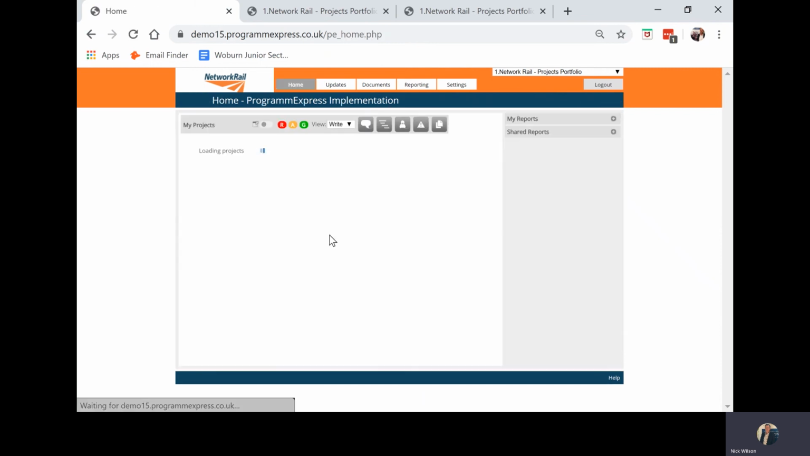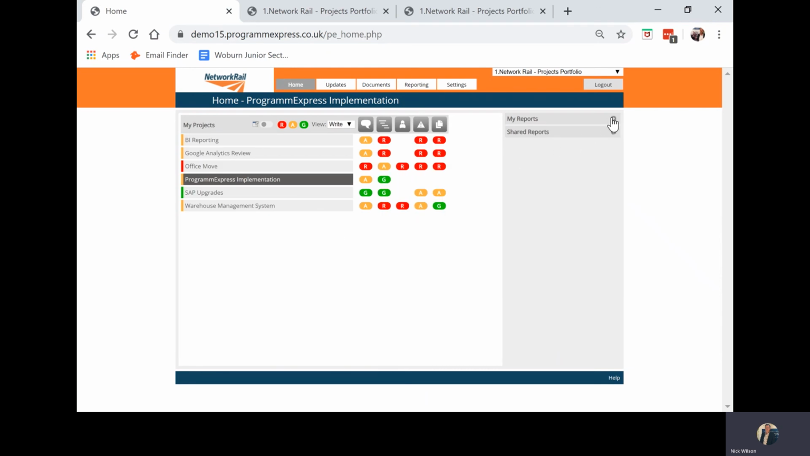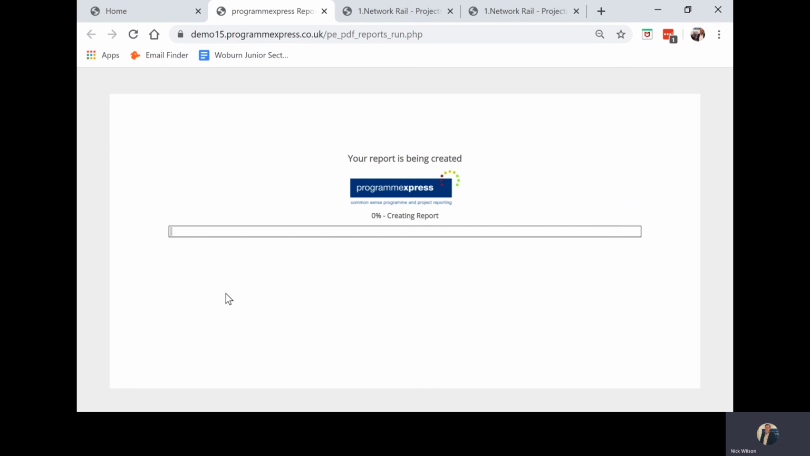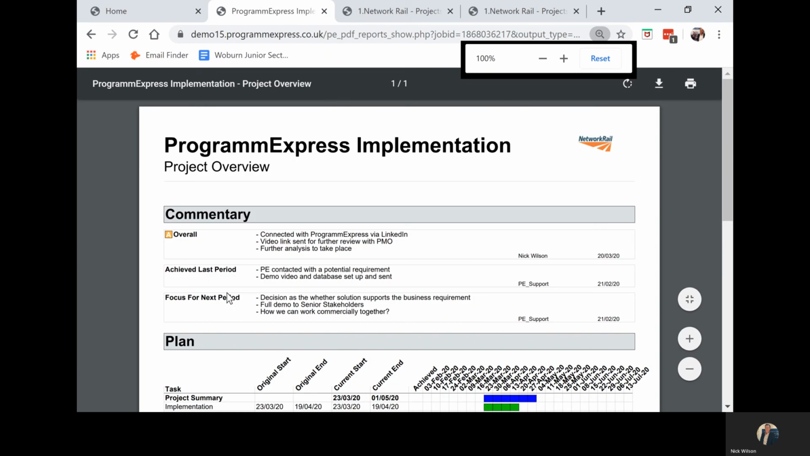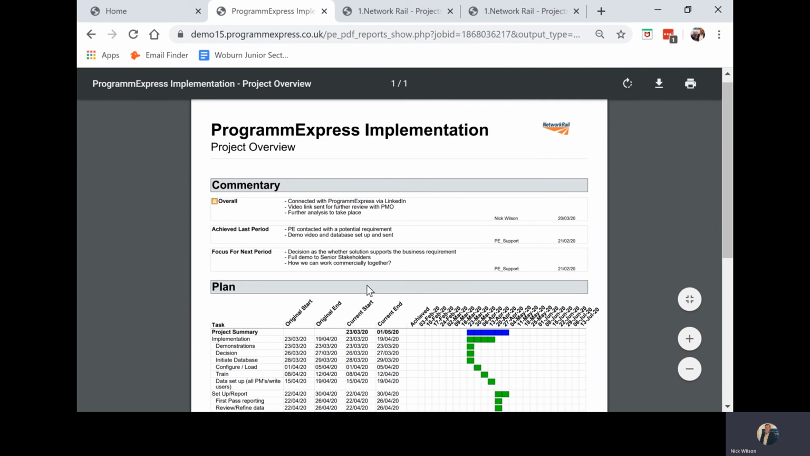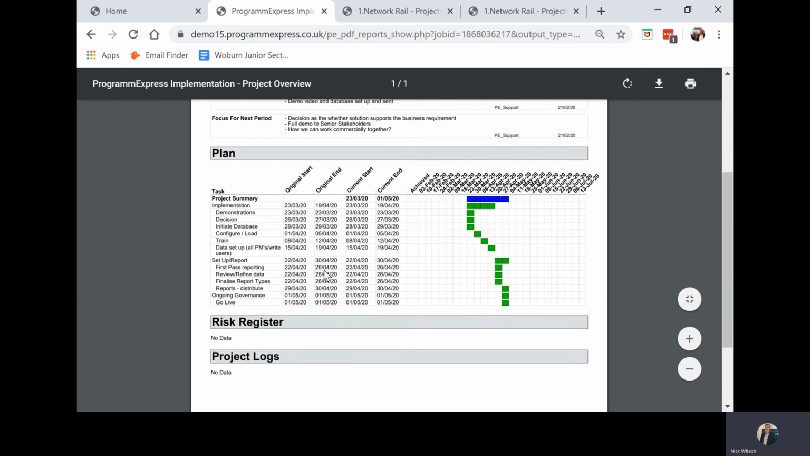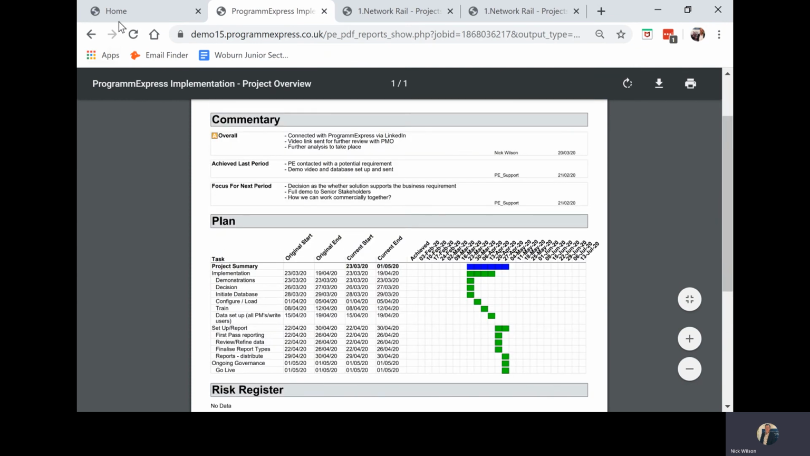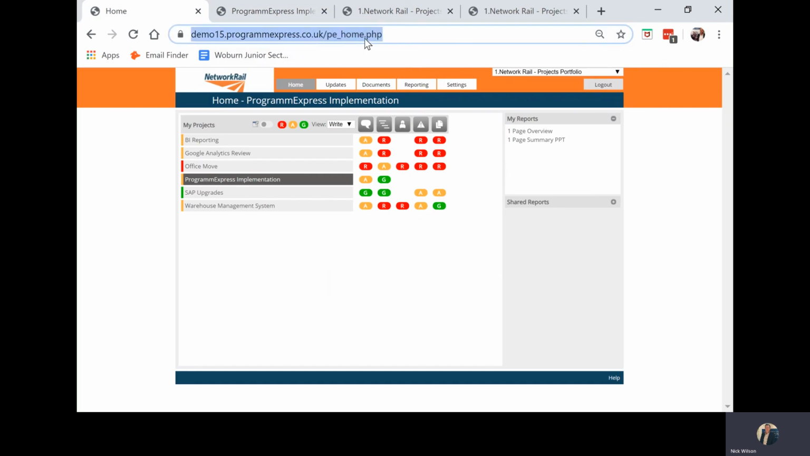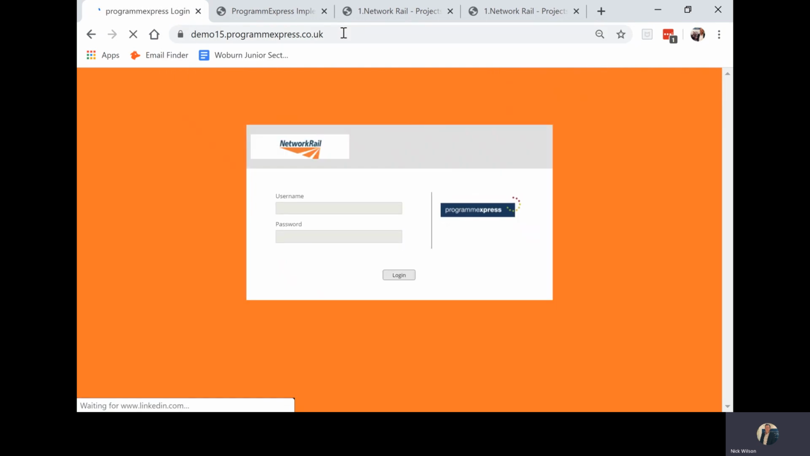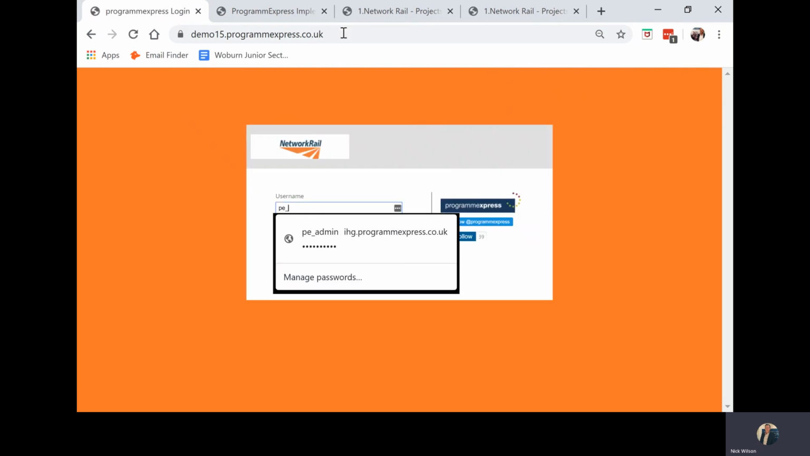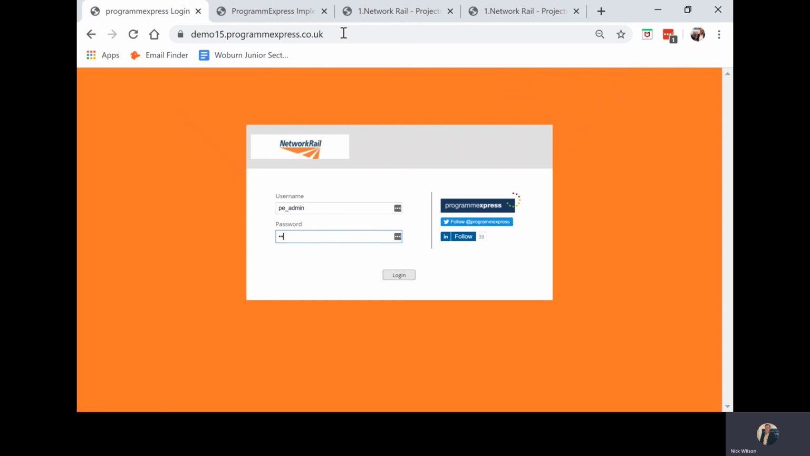Back to my home screen. If I wanted to, I could then go into my reports that I've set up. I could go into a more detailed one-page overview. And there we would see an example of a report of the ProgrammExpress implementation with some commentary and with some plan information within there. So I could then make my updates, plenty of ways of seeing whether the data is healthy in terms of reporting. I could go back in